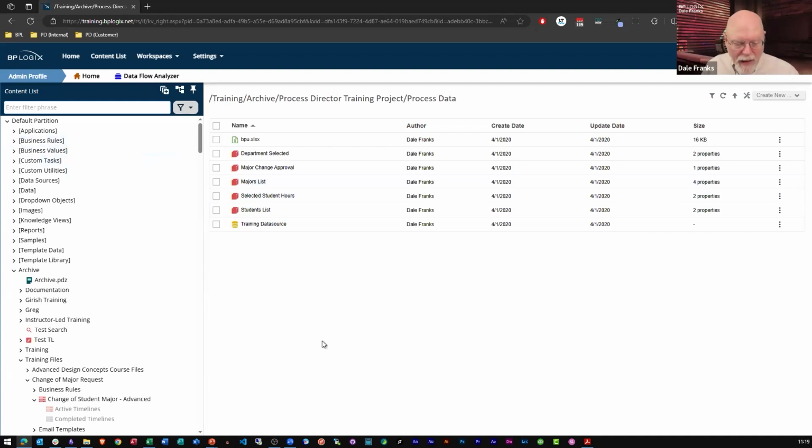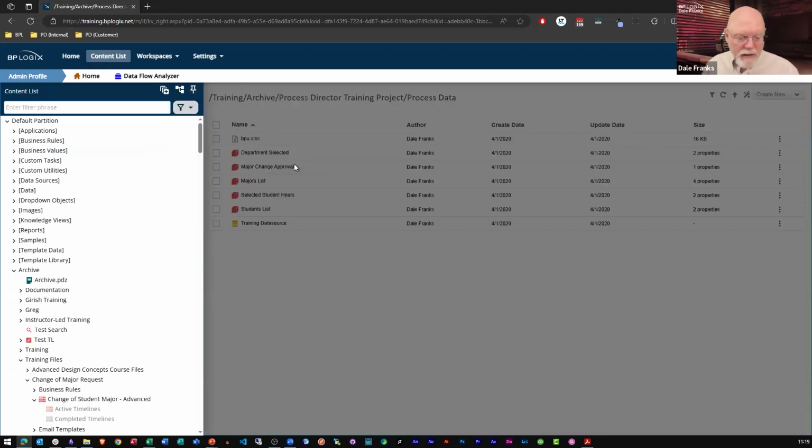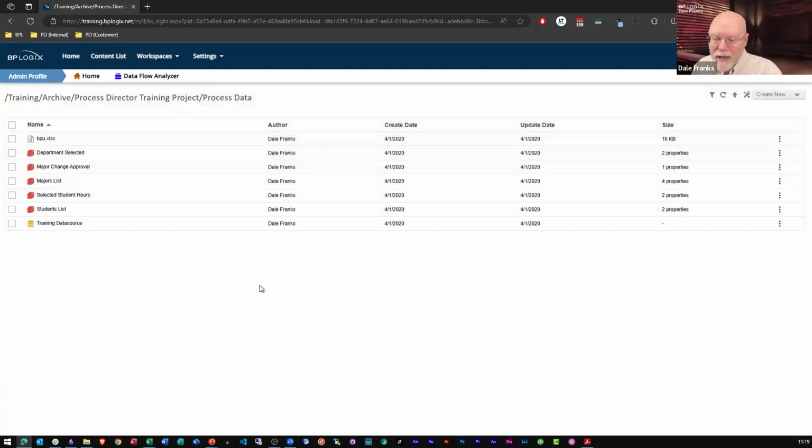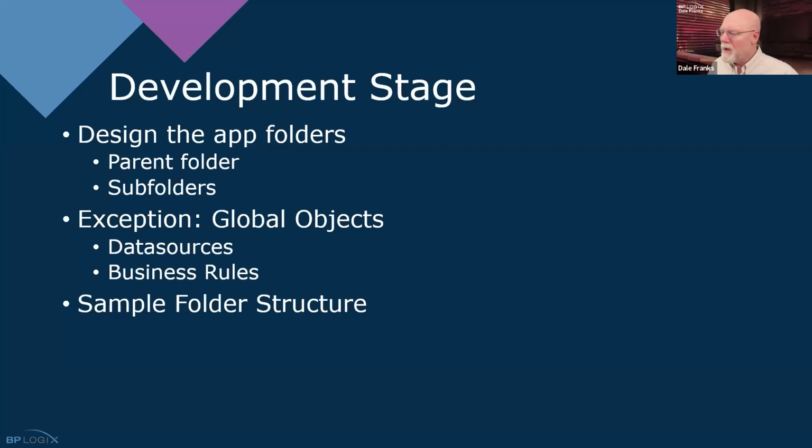Again, I can't do that because when somebody says, can I see that application? It's got to work out of the box. So all the pieces have to be included. But a normal application would not have these pieces because these would all be global objects that exist on your system somewhere. So just keep that in mind. There are some differences in terms of what the application's folder structure will include.